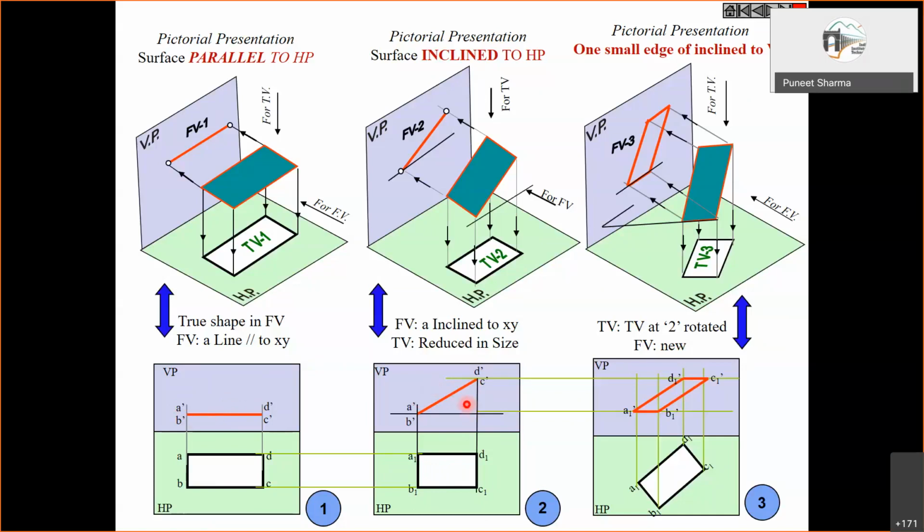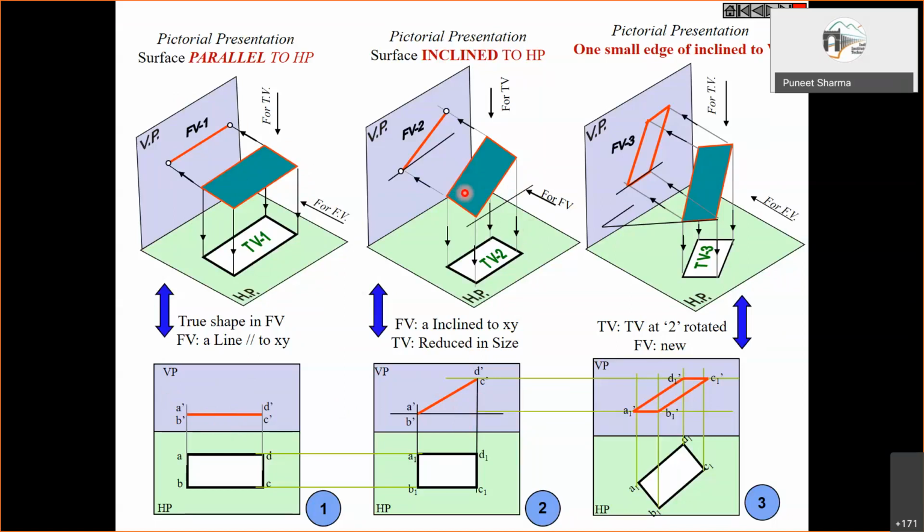Inclination is given. When this change takes place, we actually are only rotating this front view from here to here. So this change, from this front view to this front view, corresponds to the inclination of this plane figure with the horizontal plane,